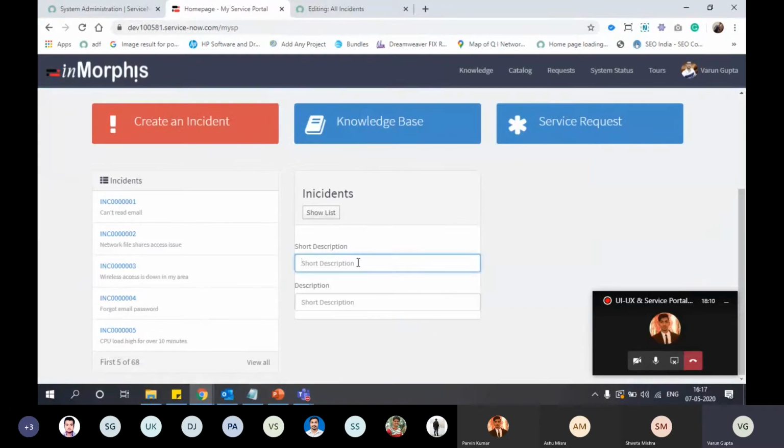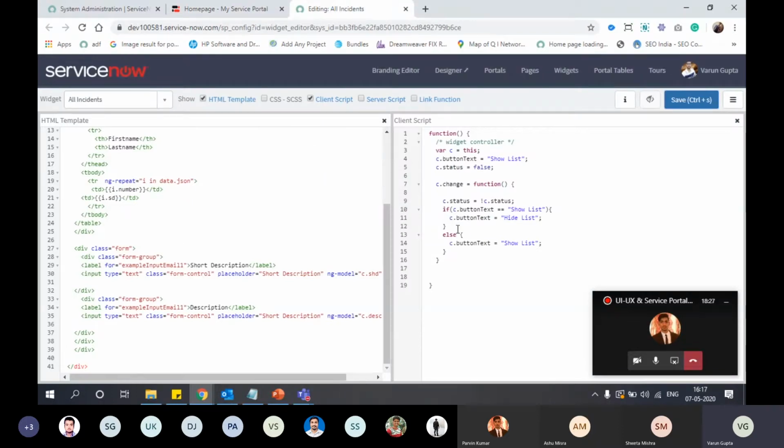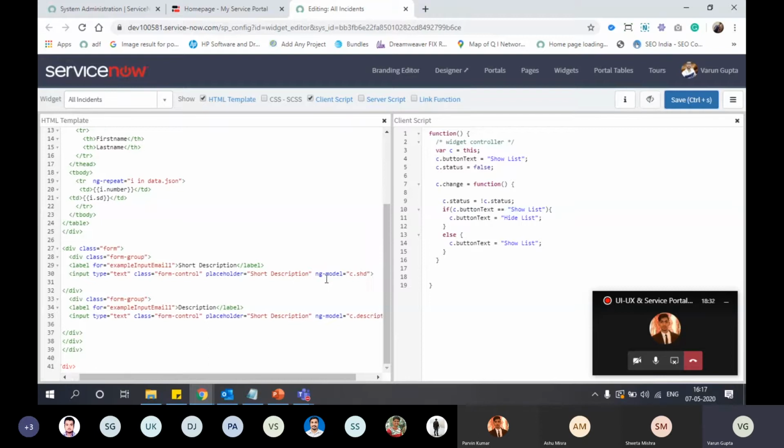So here we have created two input fields to get input from the user. And right now we will take input from here and insert it in our incident table using both client and server script.